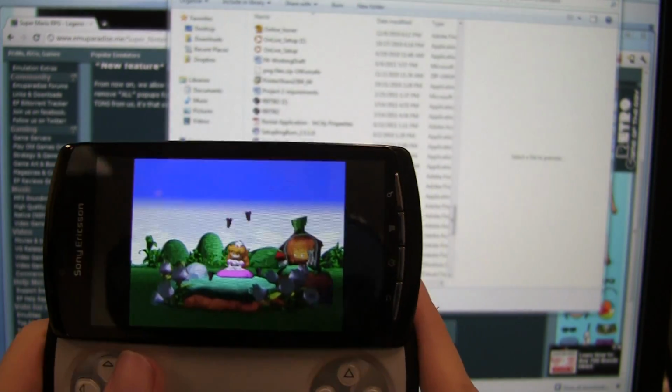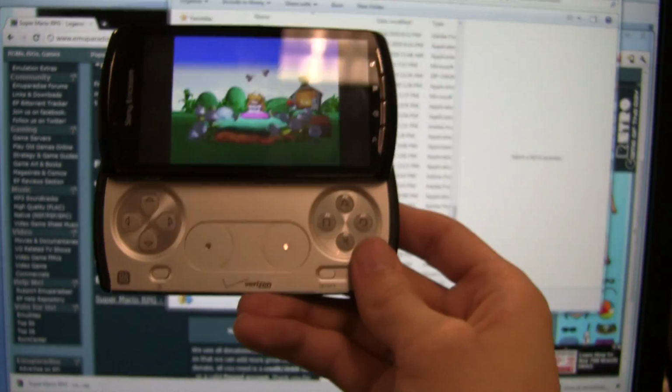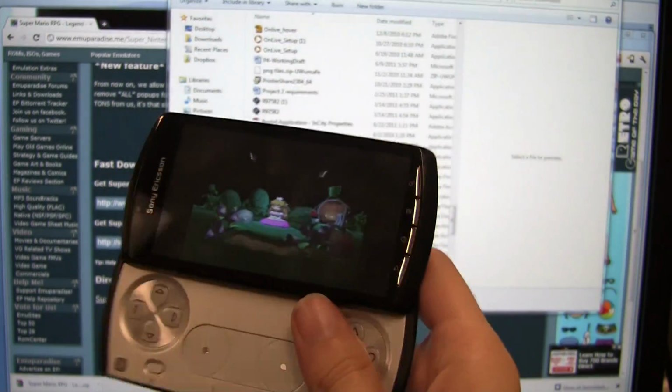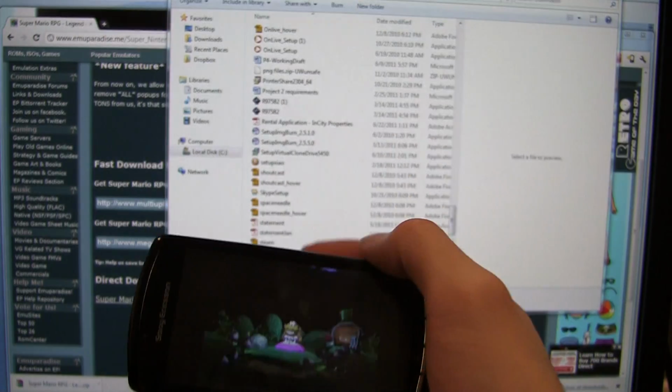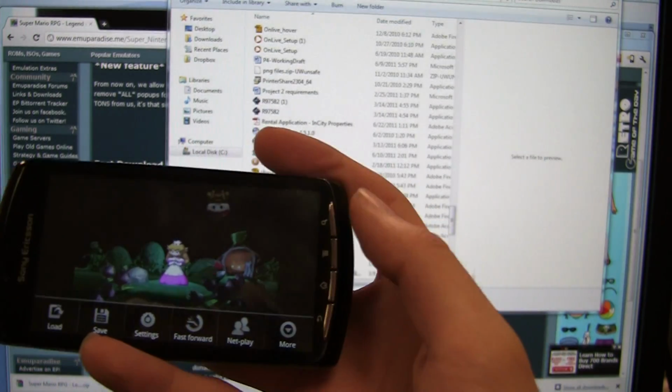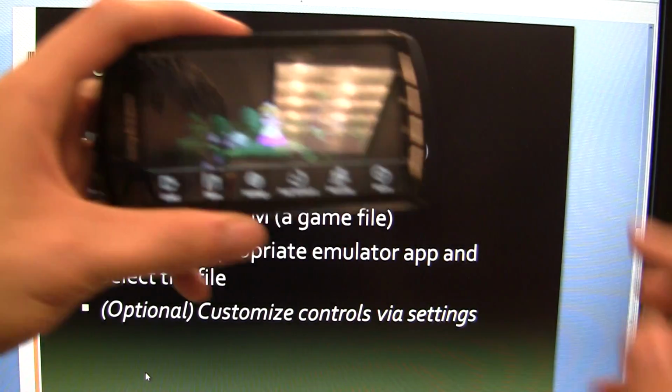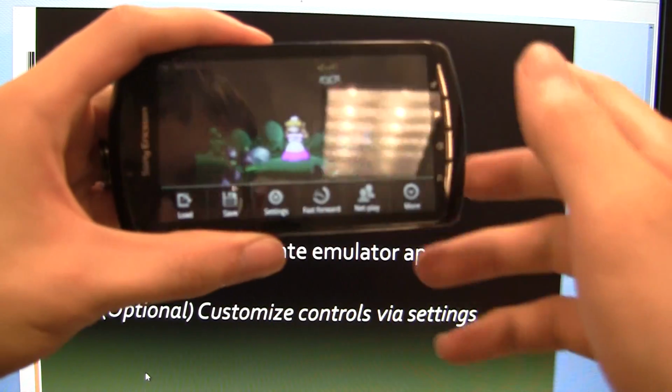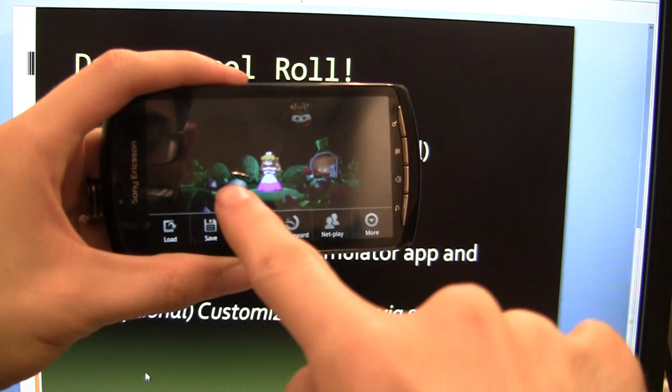Now this is wonderful and all, but what if you have a phone like the Xperia Play and you want to use the controls that come with the device rather than, say, touchscreen controls? What we're going to do is we're going to hit Menu, and then we're going to customize the controls via settings. So we'll hit Settings,